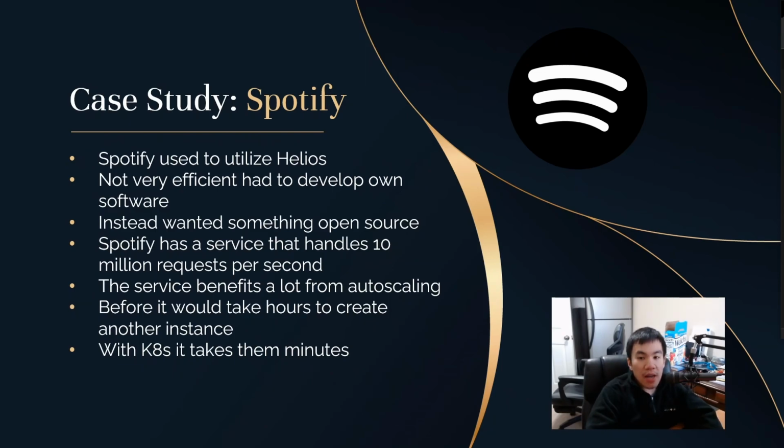It benefits highly from auto scaling, which is the ability to automatically provision or deprovision new VMs on demand when network loads increase or decrease. By VMs, I do mean containers. Before the migration, teams would have to wait for an hour to create a new service and get a host to run it in production. With K8s, they were able to get another service up and running in a matter of minutes.